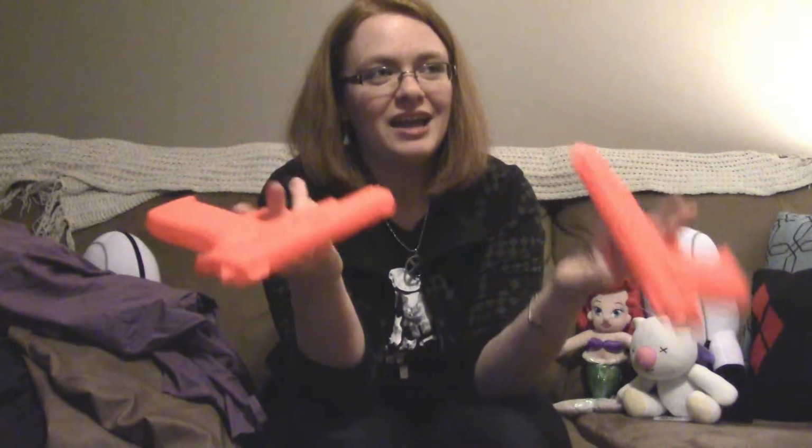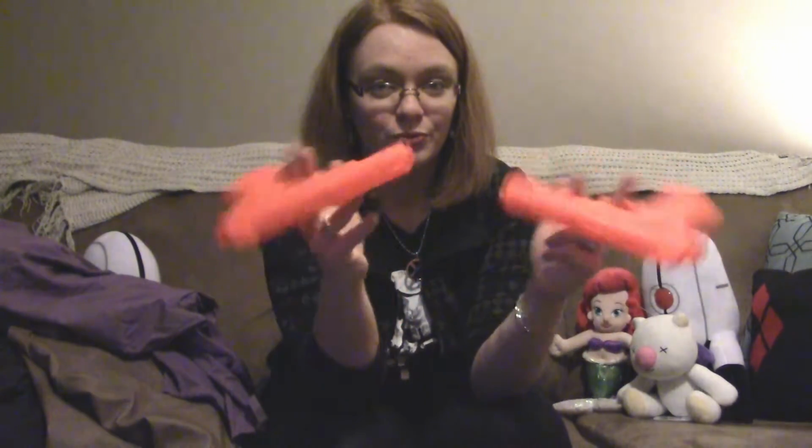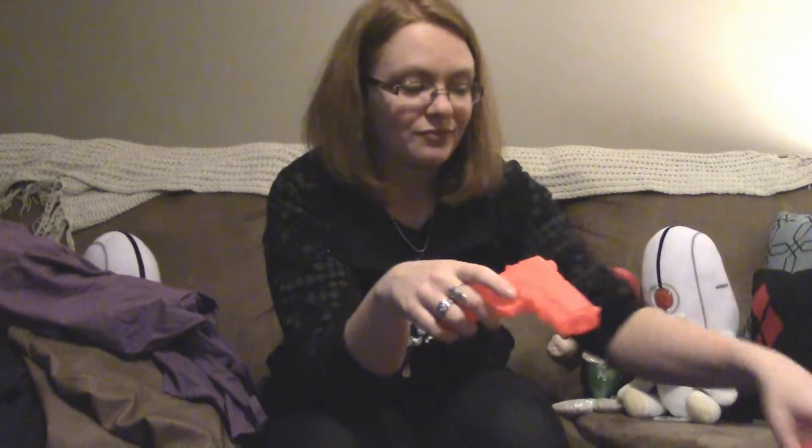It did come with these two orange plastic guns. So fair warning, it does tell you in the ad that you get plastic guns to go with it, but these are not the ones in the picture. No. These basically look like water guns. I don't think I'll be taking them to the convention because the convention has fairly strict rules on model firearms. If these were very cartoony, over the top, not normal gun replicas, I'd probably get away with it, but these are still at the very least shaped like normal guns, and if I were to paint them and try to bring them with me, I might not be allowed to bring them in. So, not going to wear those, for more than just the fact that they very obviously are cheap, stupid looking guns. Anywho,